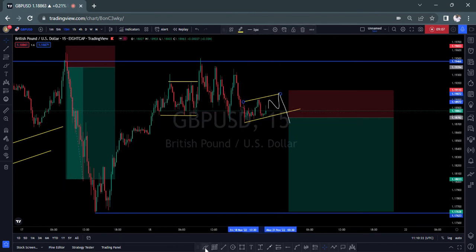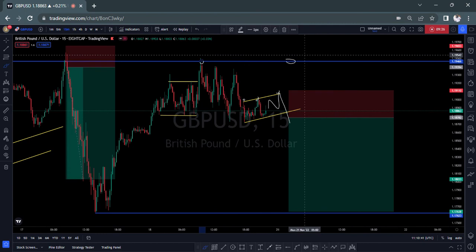So here is my forecast on GBPJPY. I'm looking forward to something like this, giving me another touch to make it a third touch here after this one, two, and three for me to short. Or I would wait again. If it comes back to this level, it will be ideal for me to take